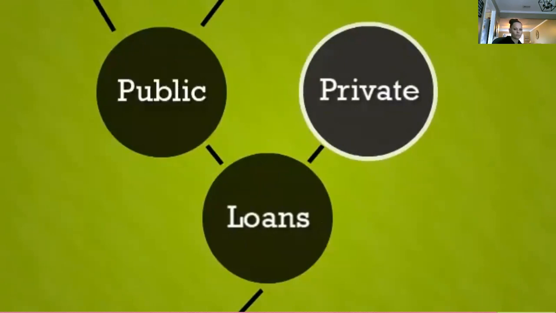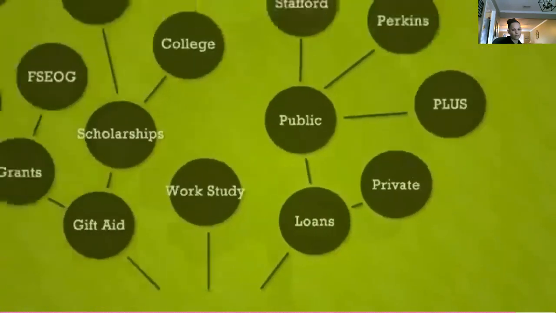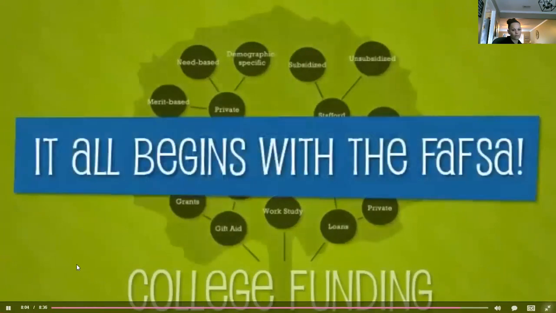It's smart to do a lot of comparison shopping and make sure you know what you're signing up for ahead of time. Make sure you understand all fees, grace periods, and deferments, interest rates, and total loan costs, and options for consolidation after graduation. This sums up all of the various financial aid options that you have. Remember, it all begins with the FAFSA. You can use some terrific free search engines to find.